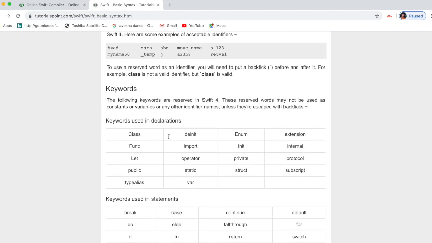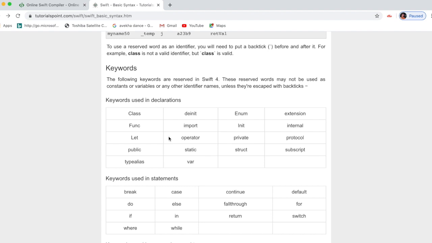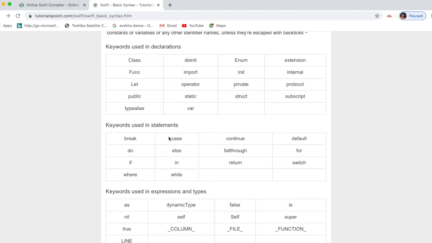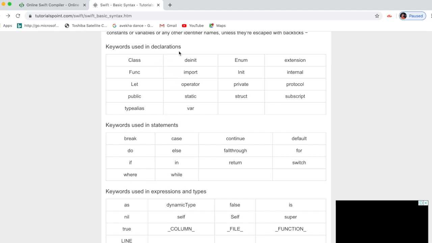Next we must know there are a lot of keywords used in the programming language. Initially just go through these keywords, don't go deeply, just understand which keywords may be used. There are keywords used for declarations like class, func, let, public.